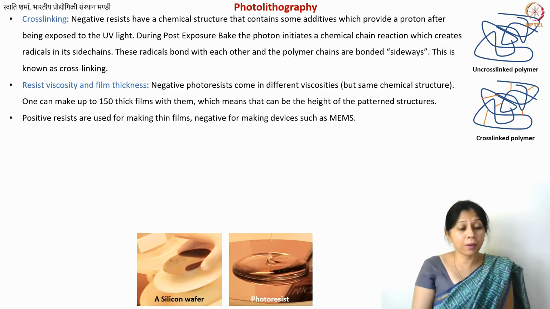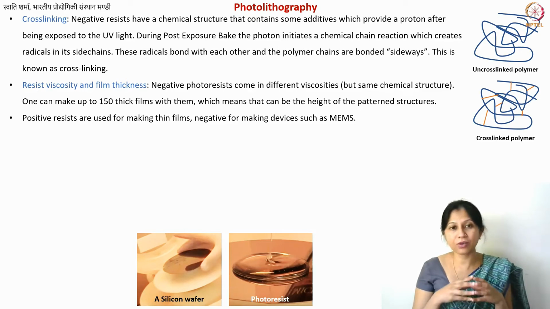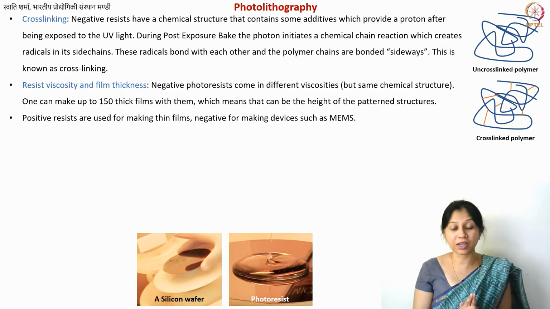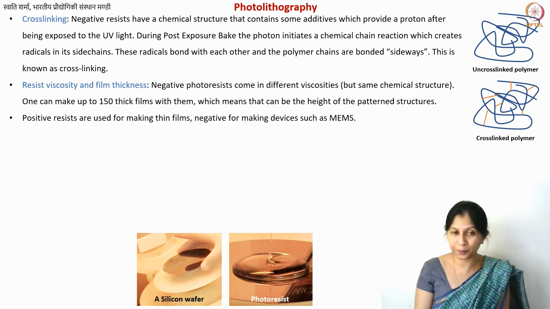Okay. Now, one more interesting thing is that typically the positive resists have lower viscosity, and that's why they are used for making thin films. They are typically used as what is known as a sacrificial material. They are also relatively inexpensive. They utilize very common chemicals for their developing process. These positive resists also do not carbonize very well, or they do not yield very high quality carbon. So for our purposes, we will rather use the negative tone photoresist for the carbonization purposes.